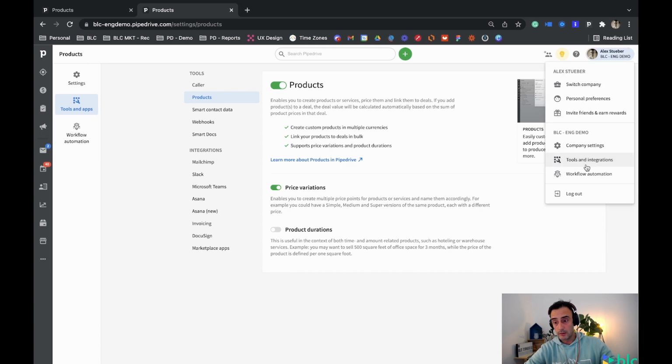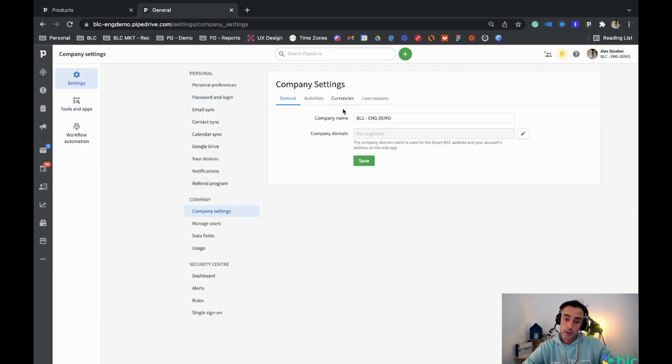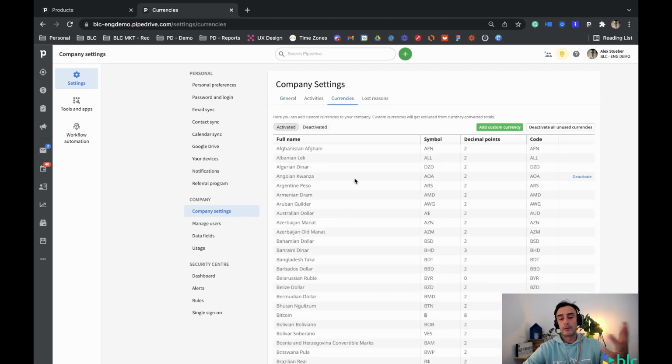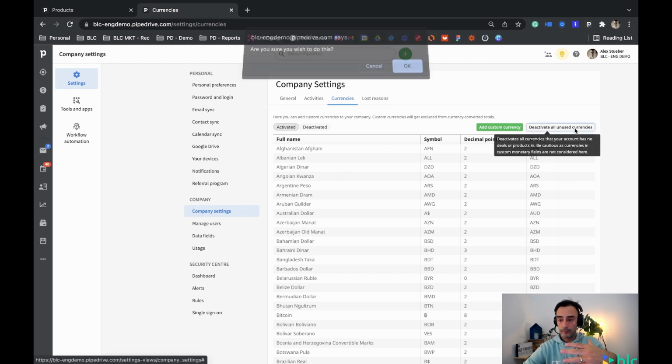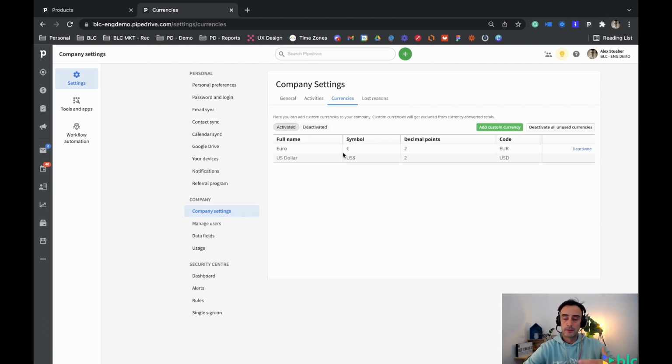So back again in your company settings, and then you go to currencies, and there you're going to find all the currencies. You could deactivate all of them, I would say yes, and then I could activate only the currencies that I have in use. So we can see I have euro, US dollars, and now what I wanted to do